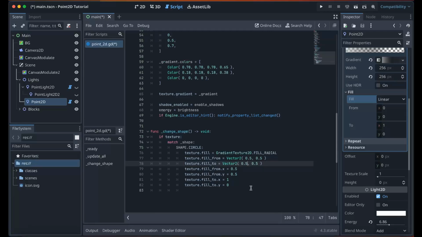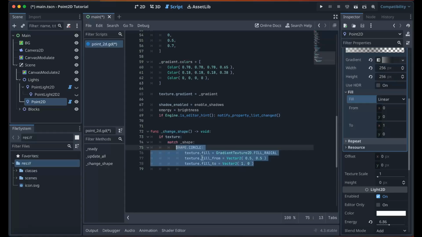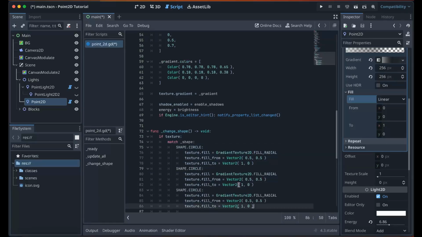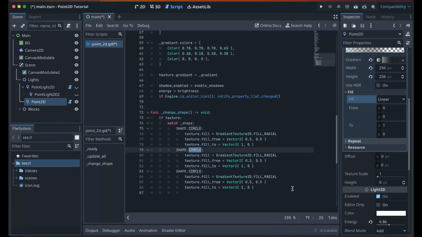Fill 2, one is going to be 1 and 0. That does the exact same thing, but it looks a bit better. And we're going to copy this, and paste it down, and paste it down again. This time we're going to have